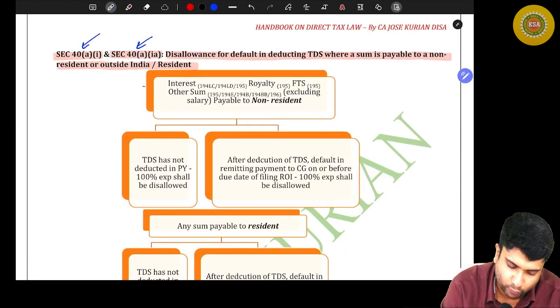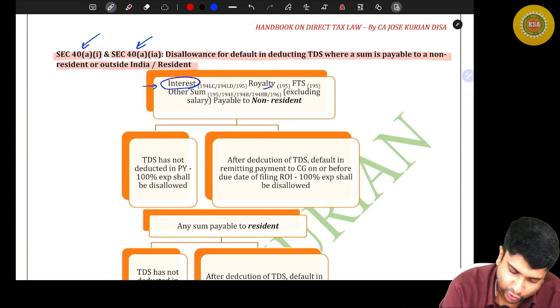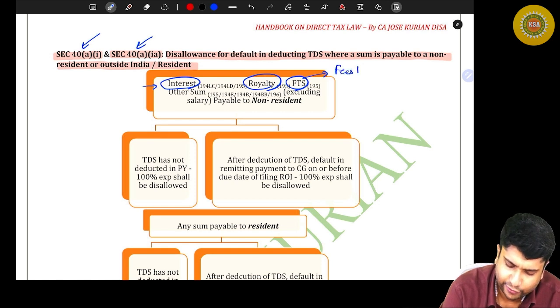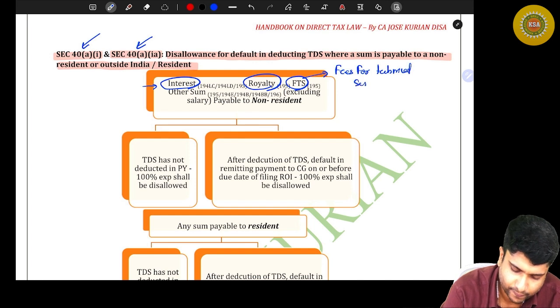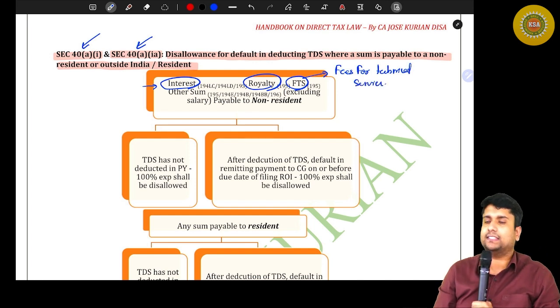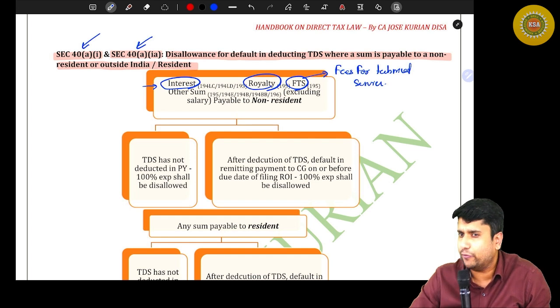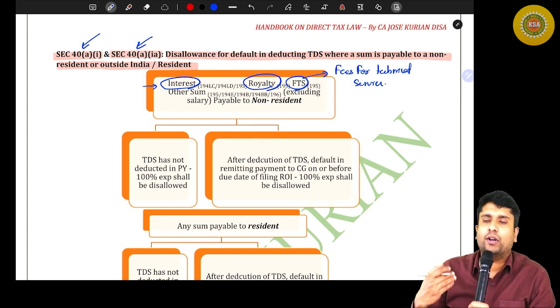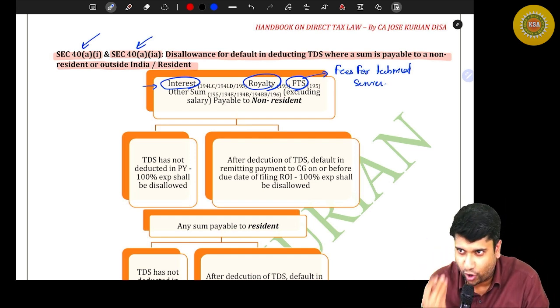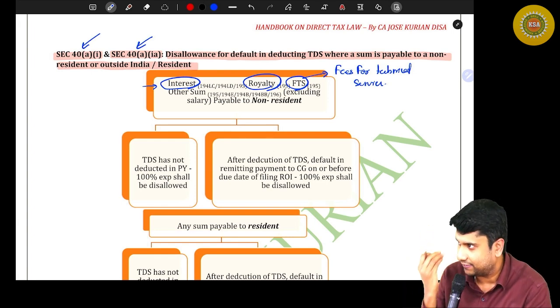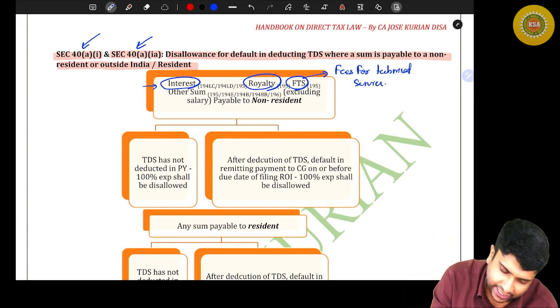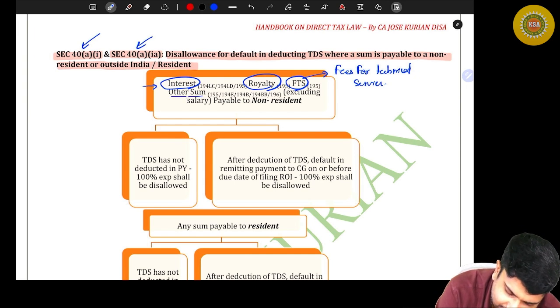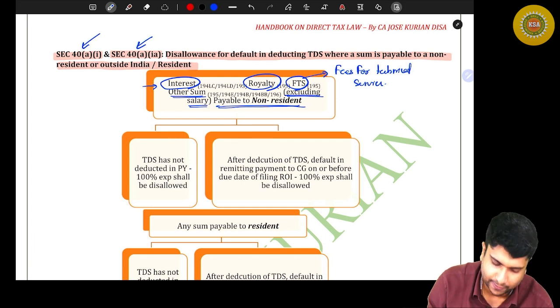Can you read case number 1? If interest, royalty, what is FTS? What do you mean by FTS? Fees for technical service. Like managerial consultancy services are called as what? FTS. What is the full form? Come on, I want all of you to respond. What is the full form? Fees for technical services. If interest, royalty, fees for technical services or other sum excluding salary payable to non-resident and